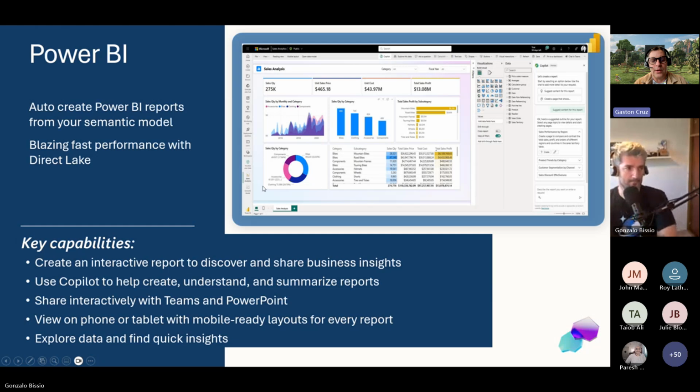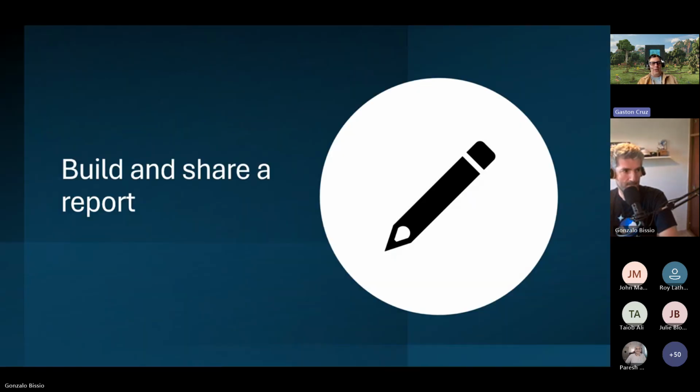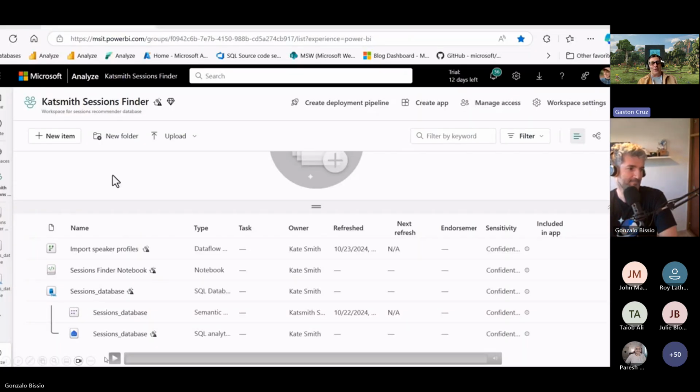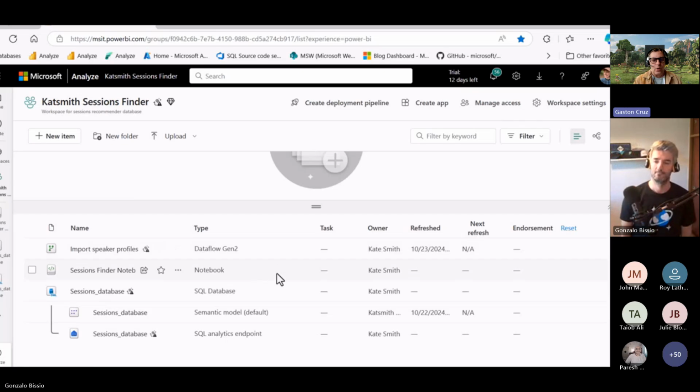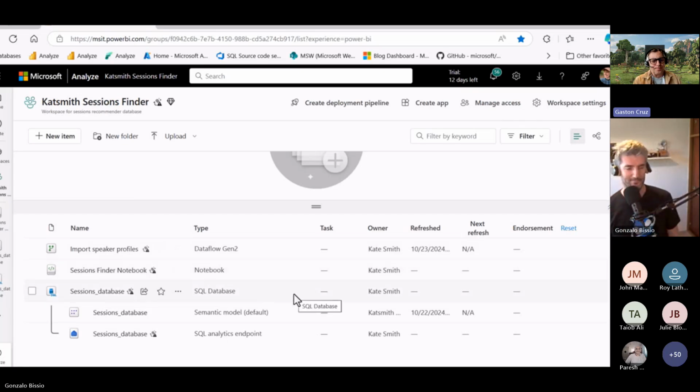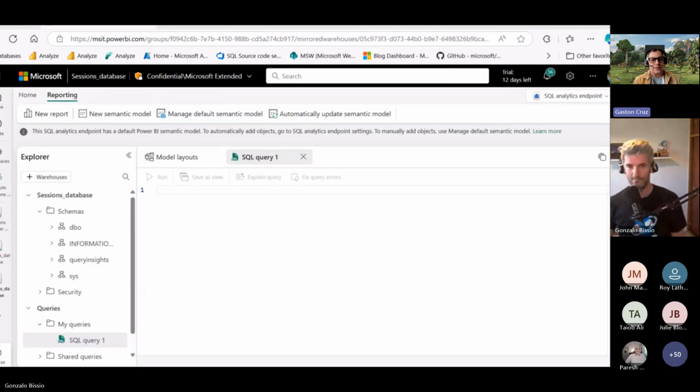One of the great questions here is about the building of reports. So let's go next, Gonzalo, and we can check on the report creation, and we can run this demo, and you can check how easy it is to integrate Power BI with your items here in the Fabric workflow. So here you can see that even in the way of creating new items, you can go to the database